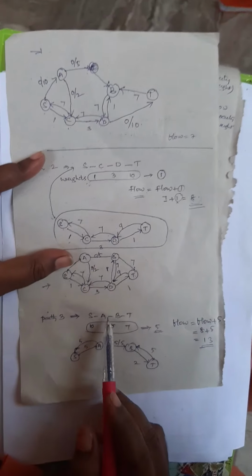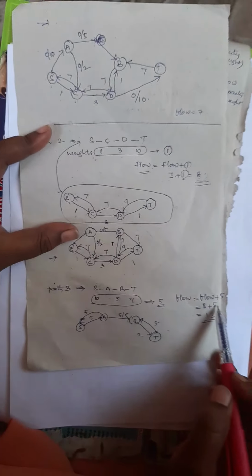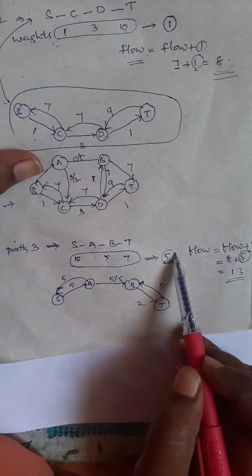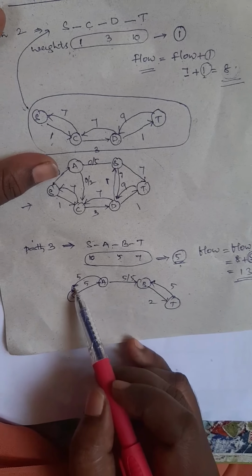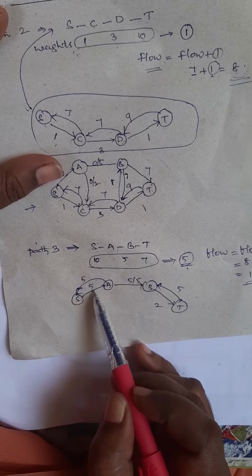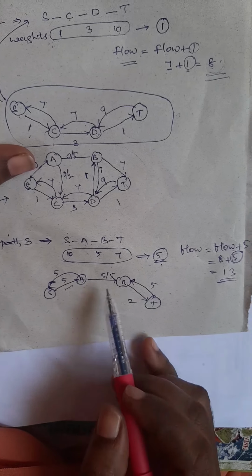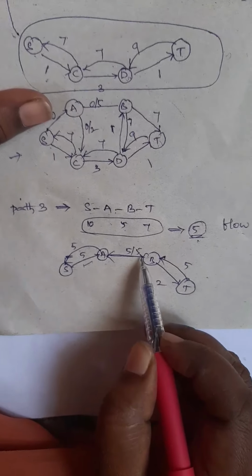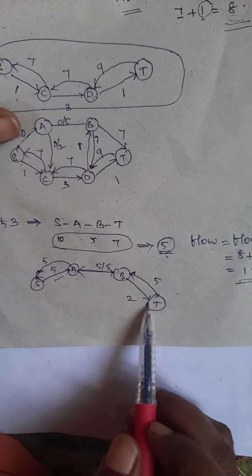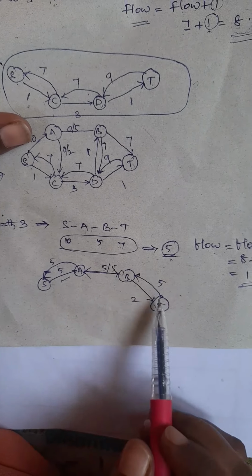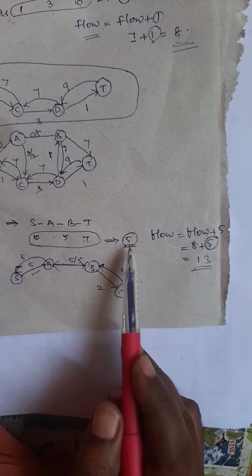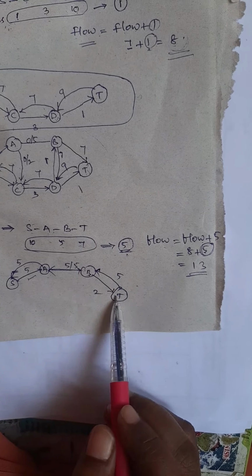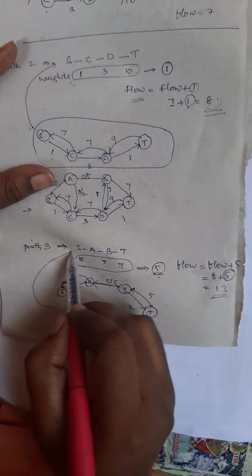So S to A, what is the value? Weightage is 10. But what we consider the weight of this flow in this iteration, what is the minimum value? We assume 5. So 5, A to S is a 5, again S to A is a 5. We satisfy this constraint. A to B 5 only. So convert this direction into the backward direction. And B to T, what is the weight? 7. But what is the value we consider? 5. So we will derive T to B is a 5 and B to T is a 2. This is a residual graph for this path.